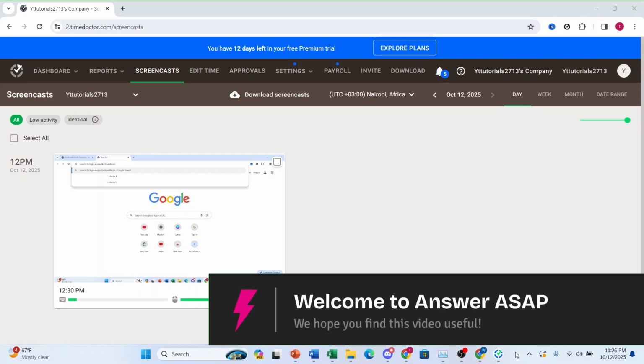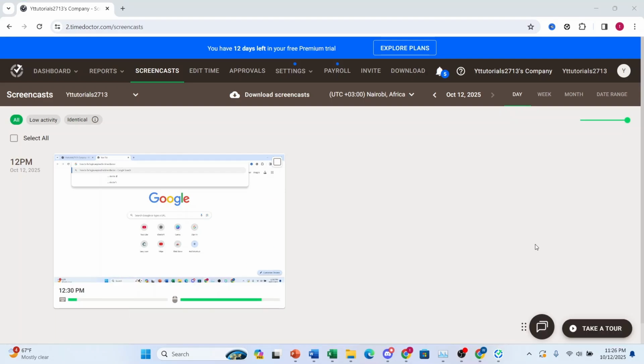Hey guys, in this video I'll show you how to blur screenshots in Time Doctor, if you want to respect the user's privacy. Now what you want to do is come here at the top navigation bar,